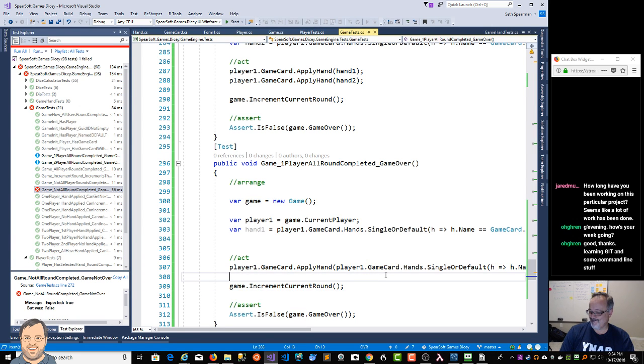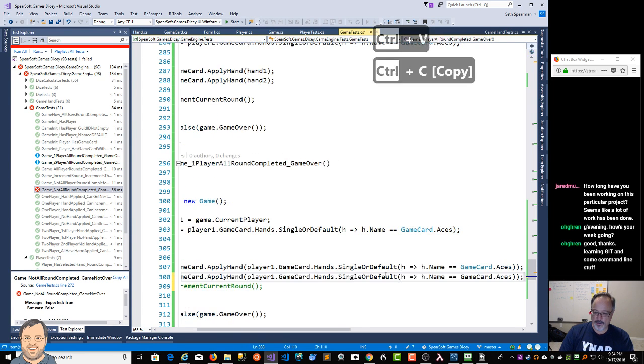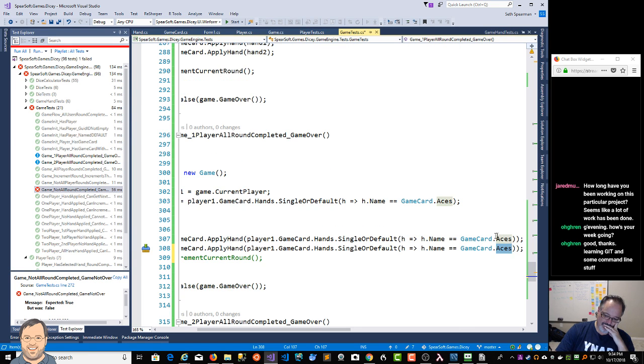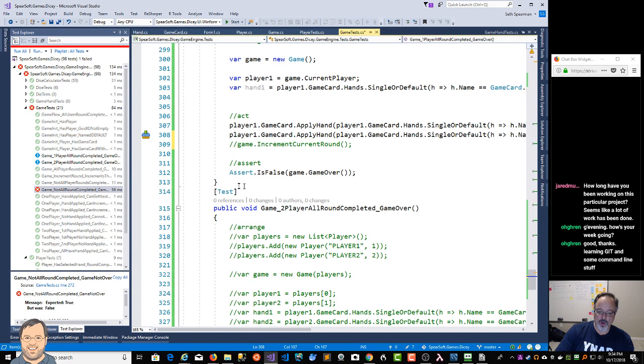And if I ever do add that logic, then this test might succeed when I'm done, but fail later. So for now, I'm not going to do that, but I'll probably have to come back to this test later. So I'm going to apply a hand, and another test, I need to add a test where you can't, let me do this. I'm not going to do it right now, but